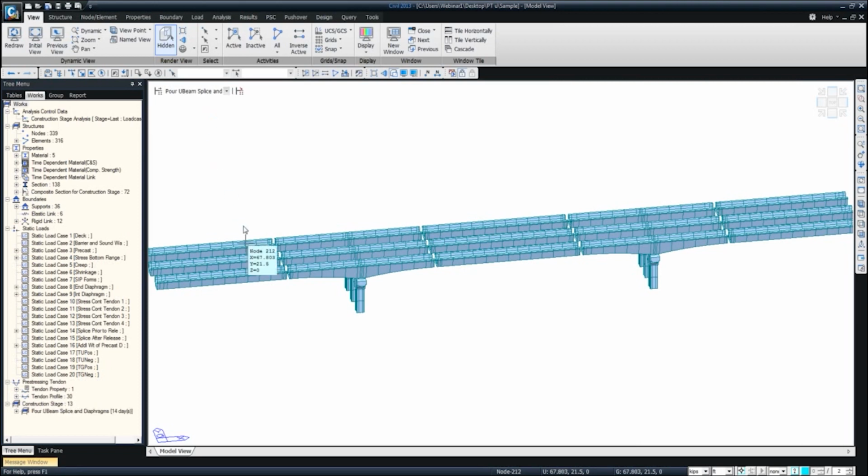Then we will pour the lid on top of it. So sorry, in this stage we'll apply the splice form here. Then we'll apply the post-tensioning. Since these are precast members, I would like to draw your attention towards the